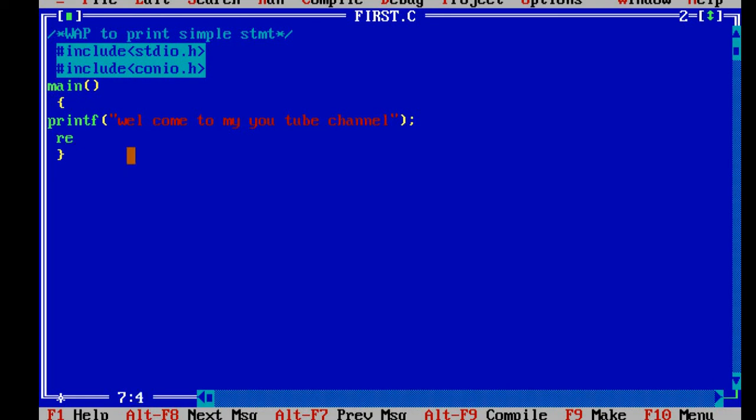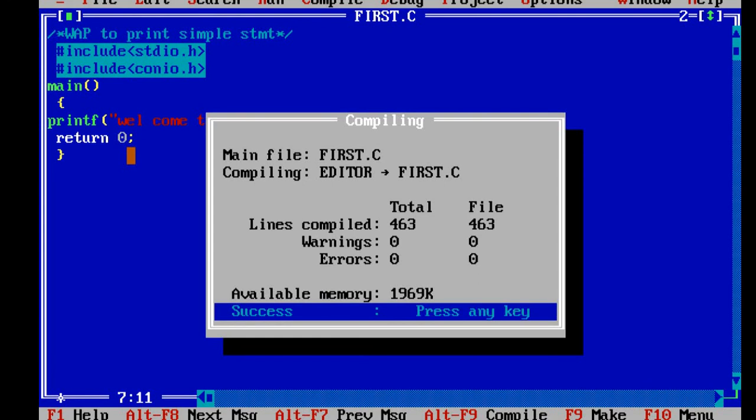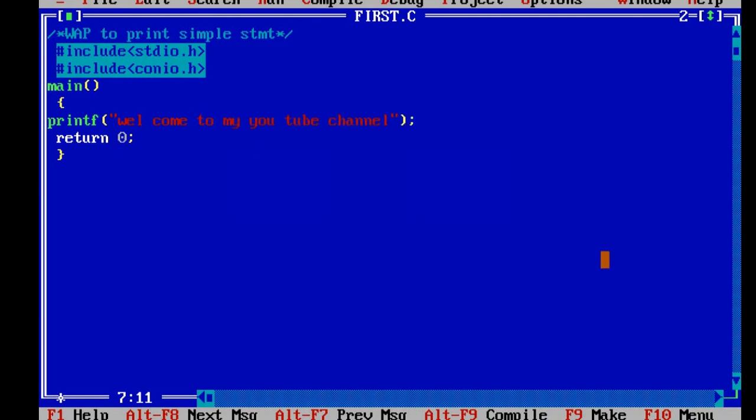So over here I will use return 0. Now again I will compile it. Now you can see over here no warning at all. So to avoid typing this statement again and again, that's why every time I am using void.